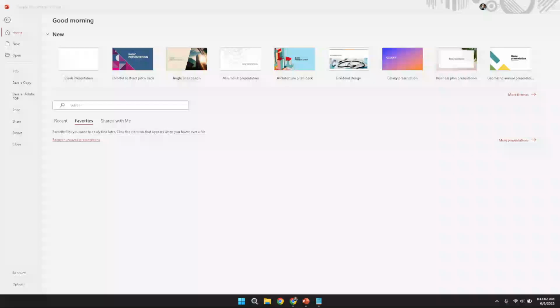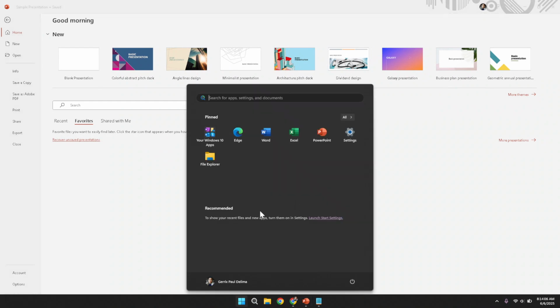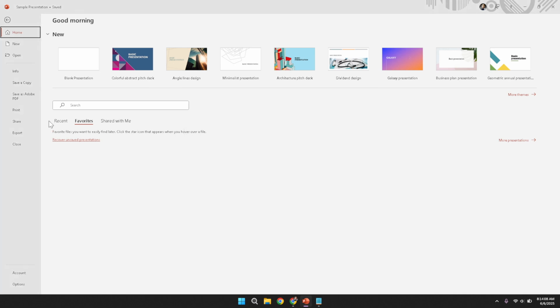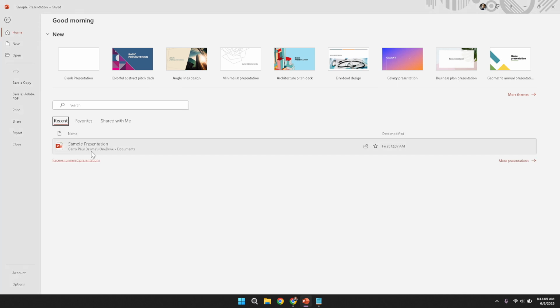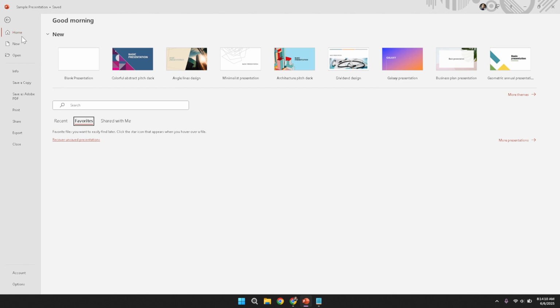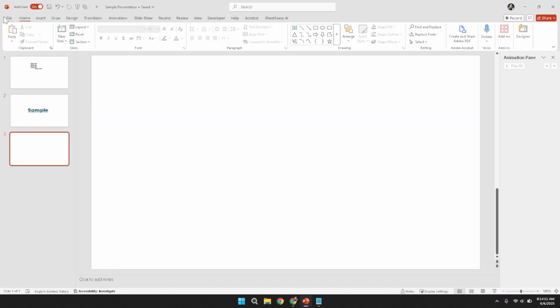Begin by launching PowerPoint on your computer. Open the presentation you wish to work on so that you have your slides visible and ready for editing. Once your presentation is loaded, focus on the slide where you want to combine text and an image to create an engaging visual effect. With your slide on display, move your attention to the top of the PowerPoint window where